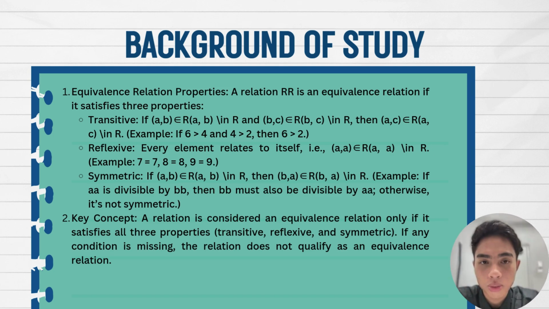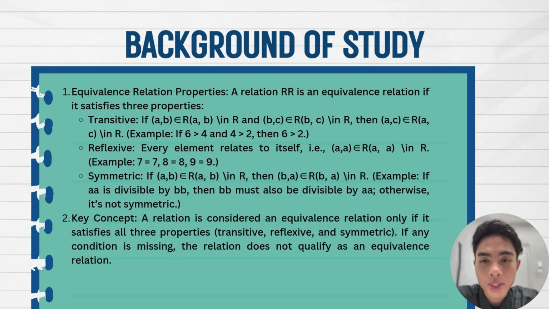Background of study. For background of study, we divide into 2 points. Point number one is equivalence relation properties. A relation R is an equivalence relation if it satisfies three properties. Properties number one is transitive. If (a,b) is in R and (b,c) is in R, then (a,c) is in R. For example, if 6 is greater than 4 and 4 is greater than 2, then 6